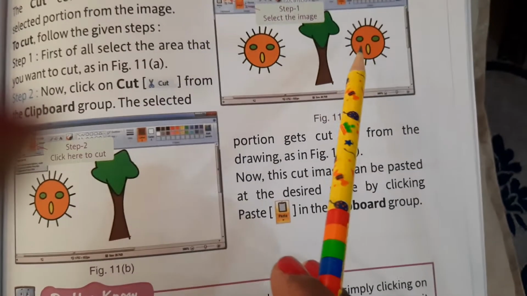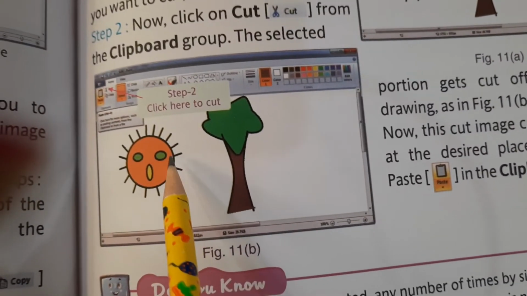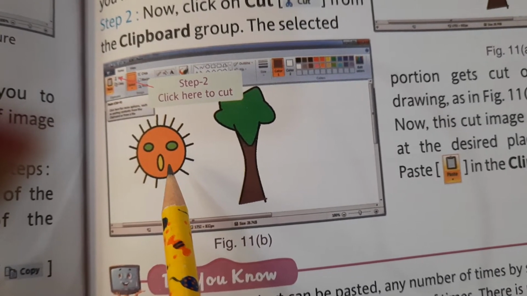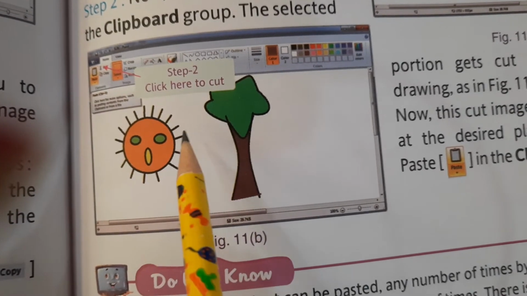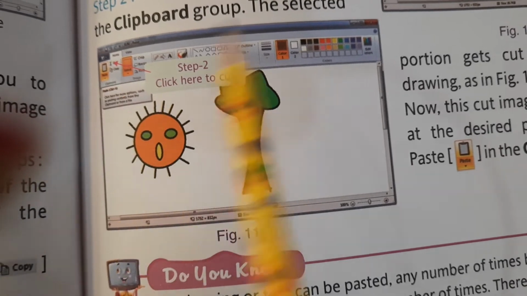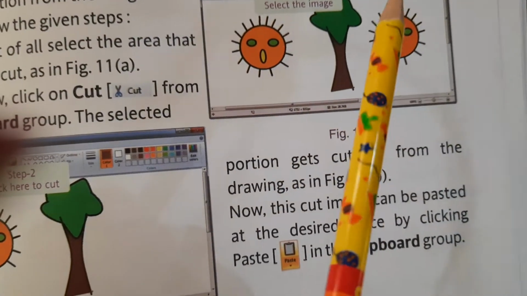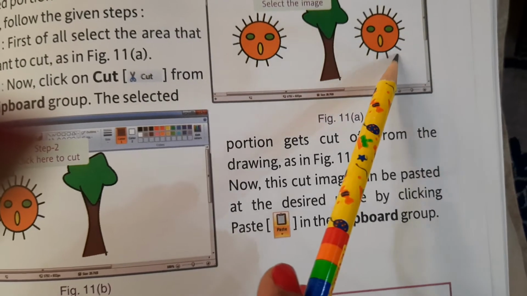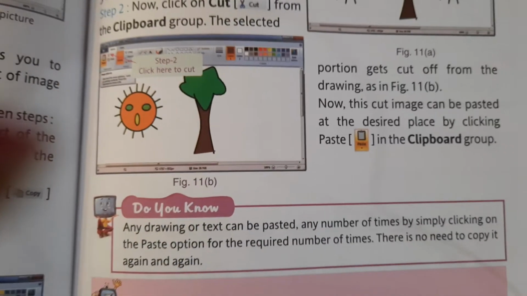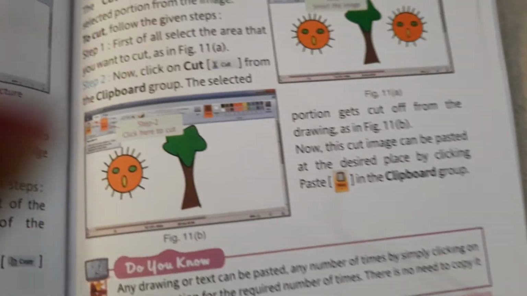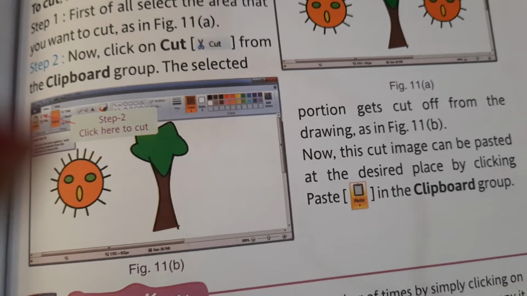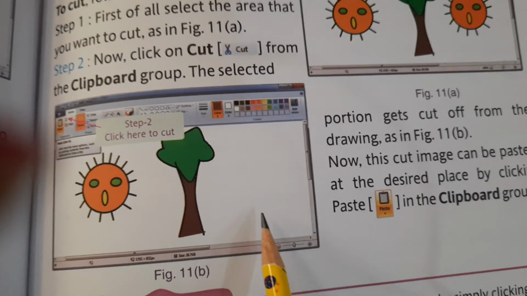Means again in the copy, what was happening, the original thing, as happens in text also. Similarly in images also, the original image is there wherever it was, and we have seen another copy of this. But in the cut, the original image is removed from there and we can paste it anywhere else. Fine. So this was cut, copy and paste, just like we do it in text. Similarly, we can do it here as well.